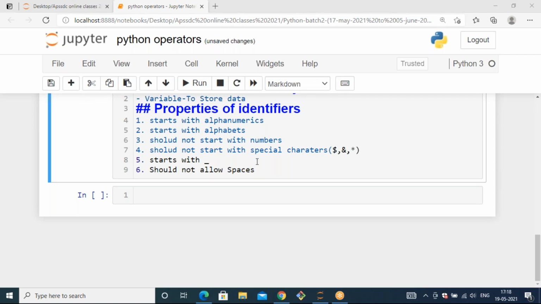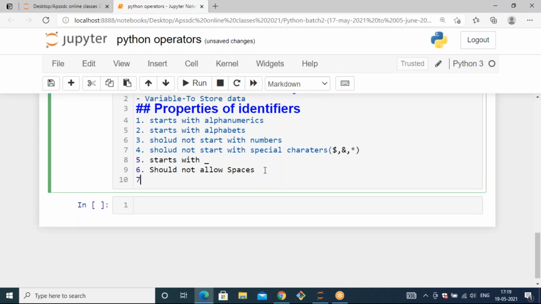Yes, you shouldn't use keywords, inbuilt keywords, also. In Python we already have inbuilt keywords, so you cannot use those also. That is also a main one.